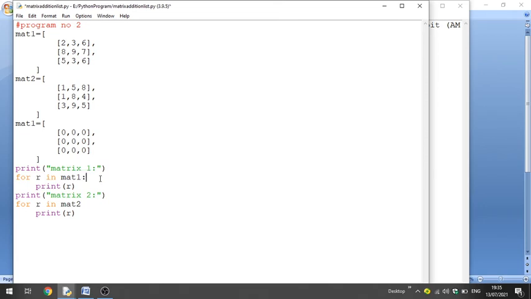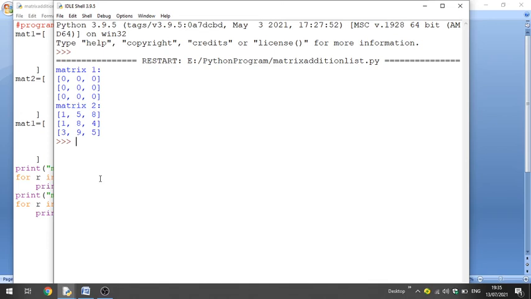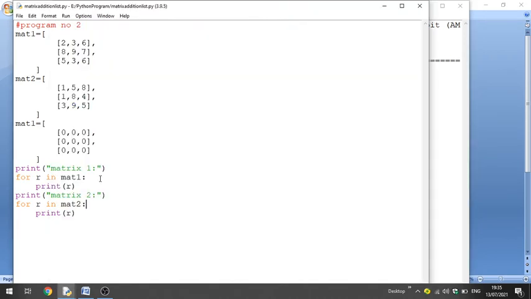I missed the colon, because I am in the habit of C++ and Java. Another mistake. Okay, so this is the matrix 1, and this is the matrix 2. And this is the matrix 3, no problem.